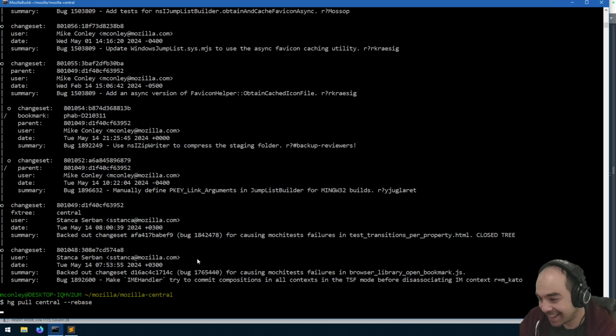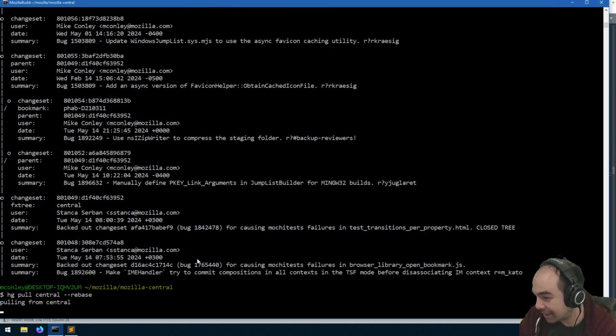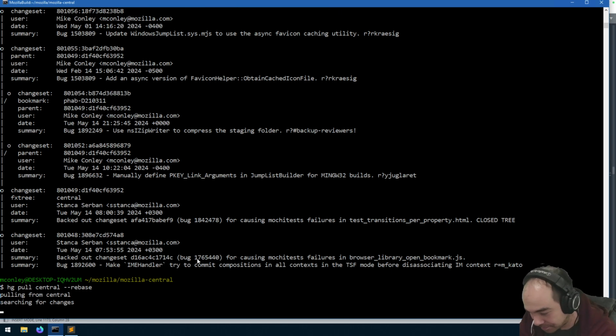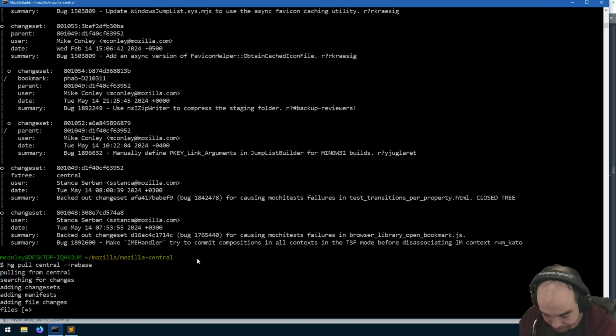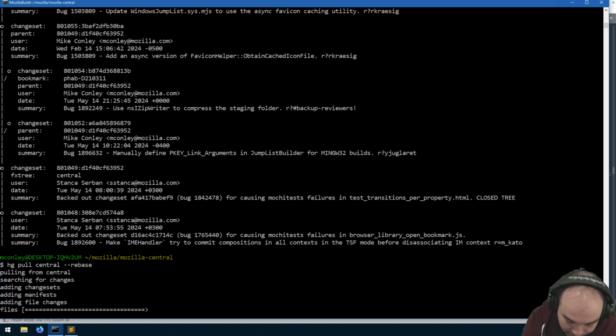We're actually going to see if the rebase will occur cleanly. And if not, then we can cancel the autoland. Wow, it's been a while since I pulled.